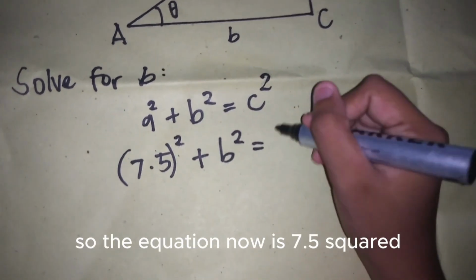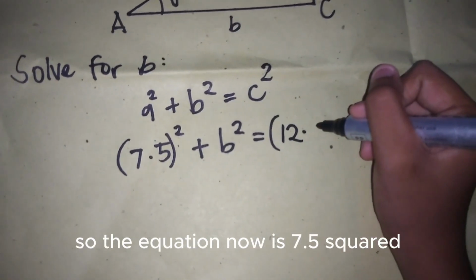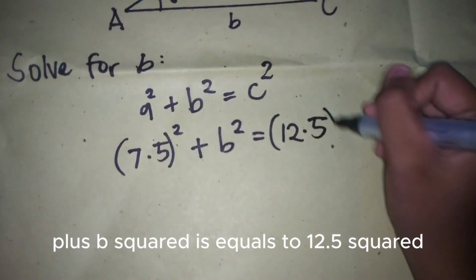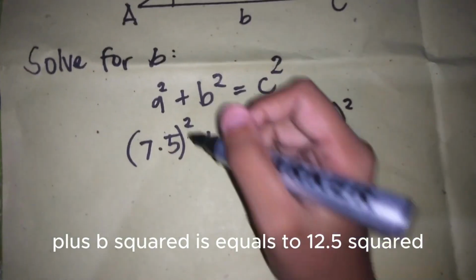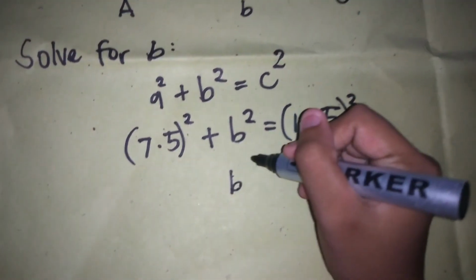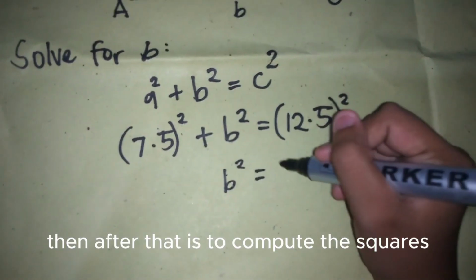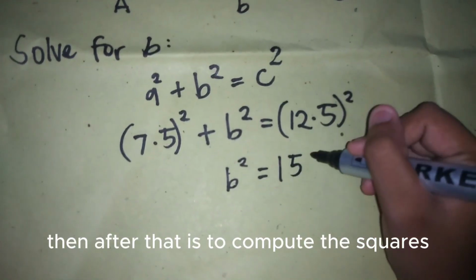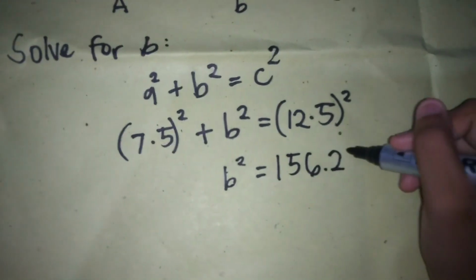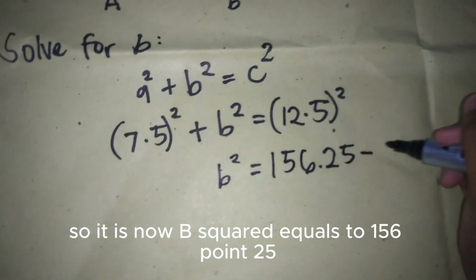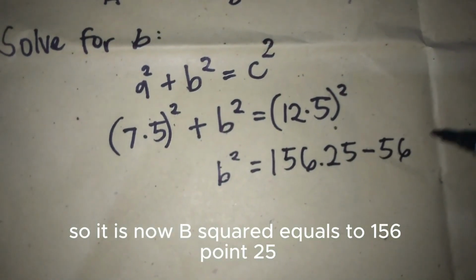So the equation now is 7.5 squared plus B squared is equal to 12.5 squared. Then after that is to compute the squares. So it is now B squared is equal to